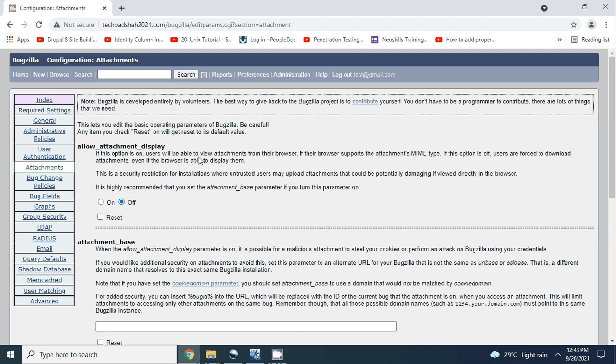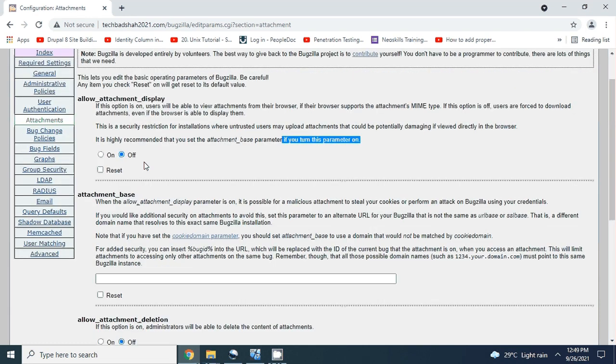This is similar to when you open any document in the Chrome browser or in your email, and it immediately opens. Here, Bugzilla gives you that kind of security feature so it will not allow users to open that attachment in the browser window. They have to download it; the moment they click on it, it will download. It's highly recommended that you set the attachment base parameter if you turn this parameter on. However, we are not allowing that, so we are keeping it off.